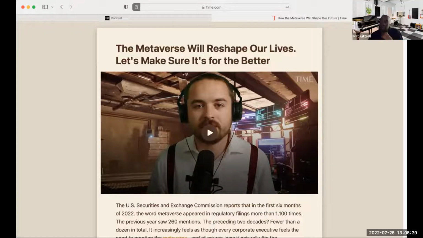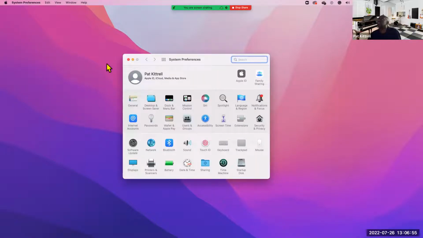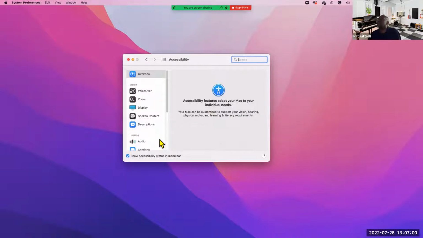While you're looking for that, David, I'll give you an opportunity to look for that. I'm just going to really quickly go over again on my screen how to access accessibility. So we go to our Apple icon, hit System Preferences, and then we can select accessibility here. But if you look here where it says Show Accessibility Status in Menu Bar, I have this selected. And when it's selected, if you look right up here, I know it's kind of small,